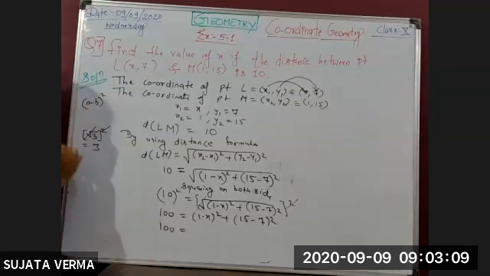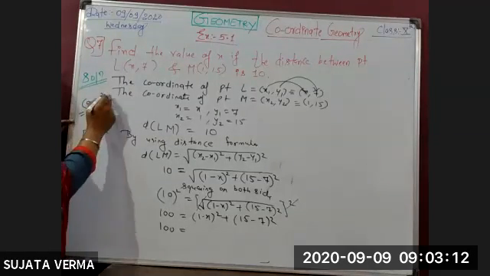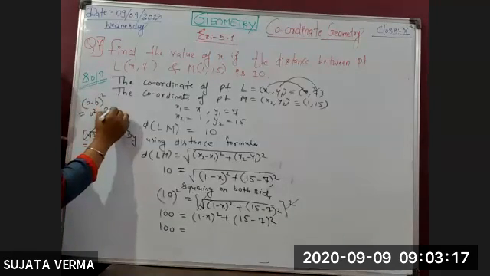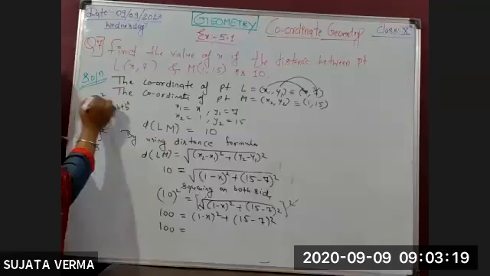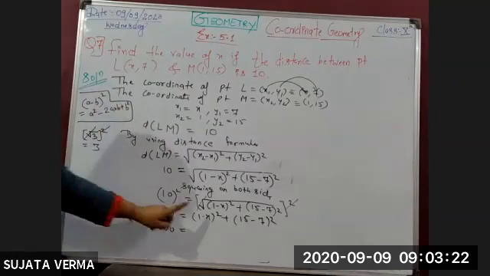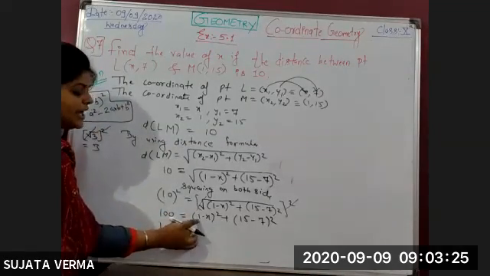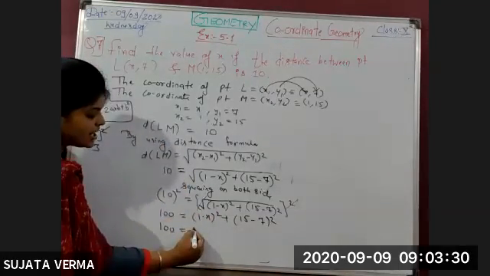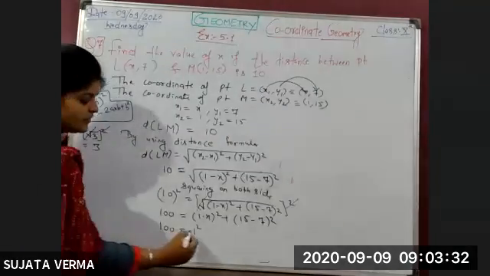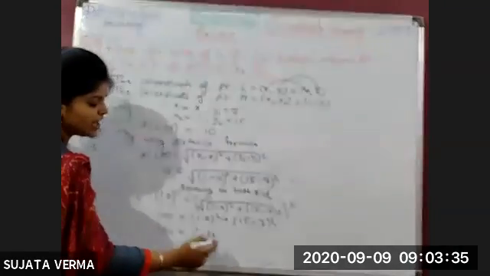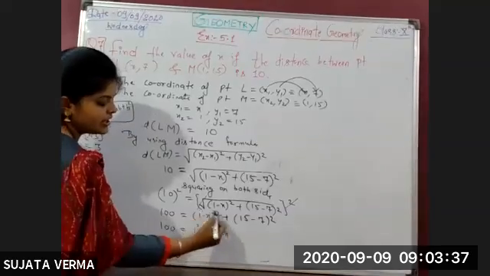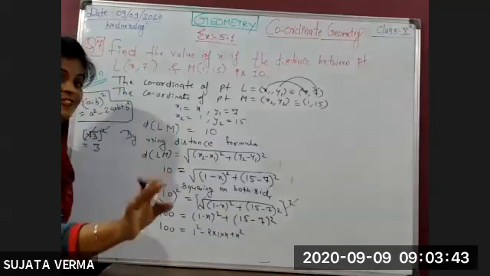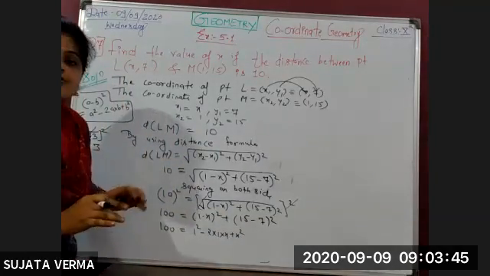(a minus b) whole square is equal to a square minus 2 times a into b plus b square. So we apply this identity here. Here the value of a is 1 and the value of b is x. So we write 1 square minus 2 times a into b plus b square. Now 15 minus 7 is equal to 8.